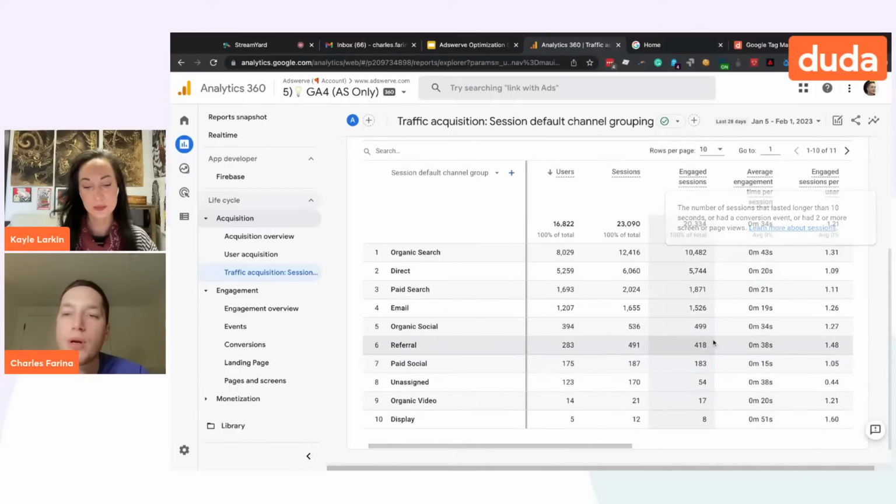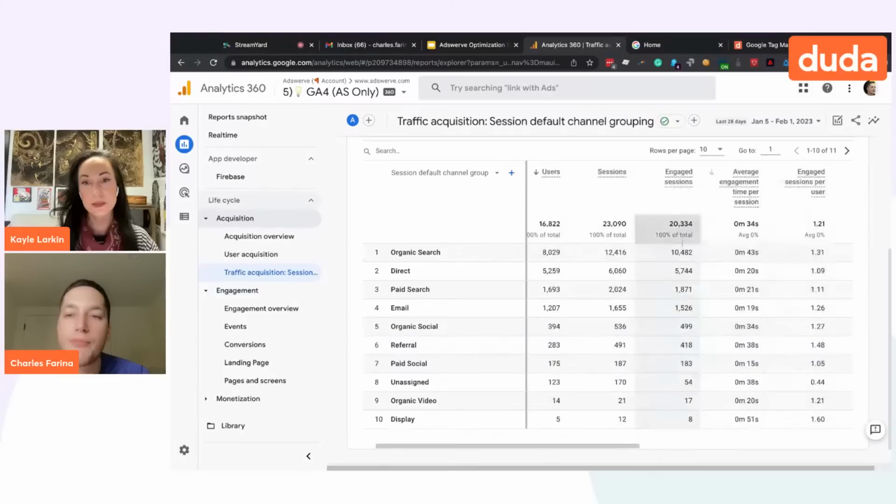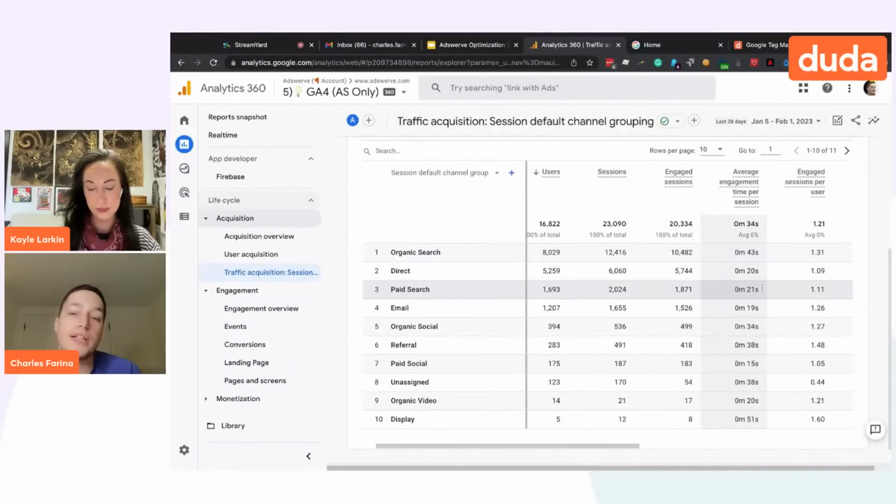So in GA4, we have a variety of metrics built around that. So you have engaged sessions, average engagement time per session, or engaged sessions per user. Additionally, since you brought up bounce rate, it used to not be available in GA4 at all. And instead, Google was saying, use engaged sessions instead.